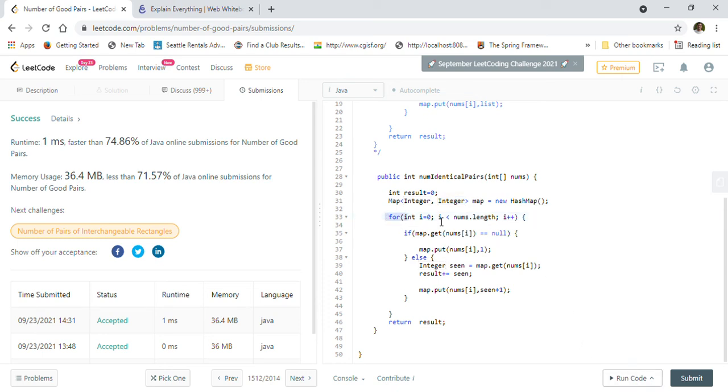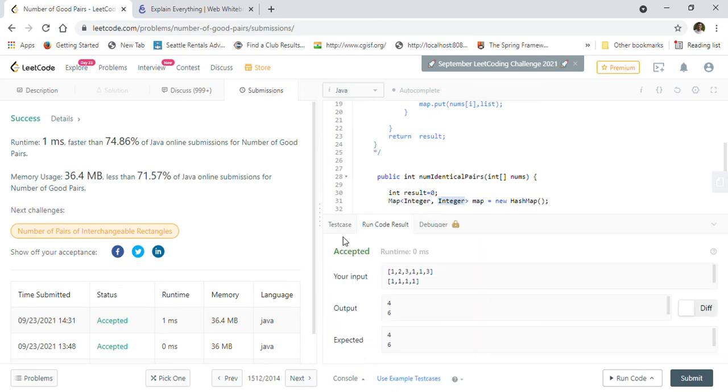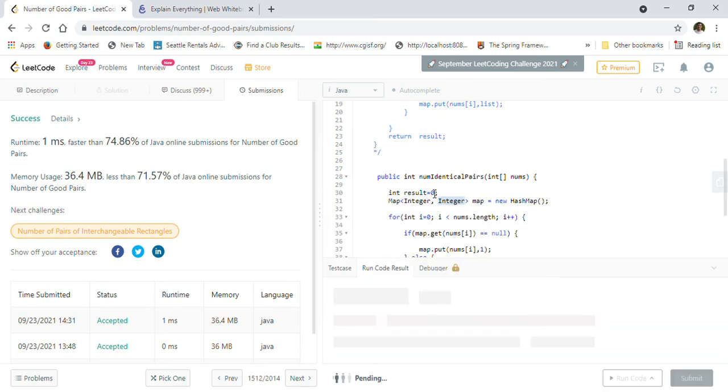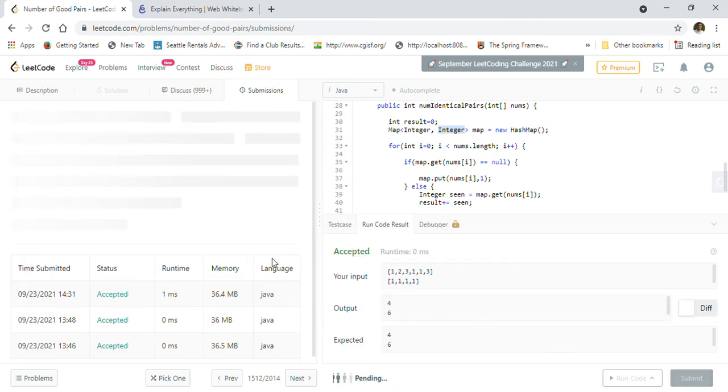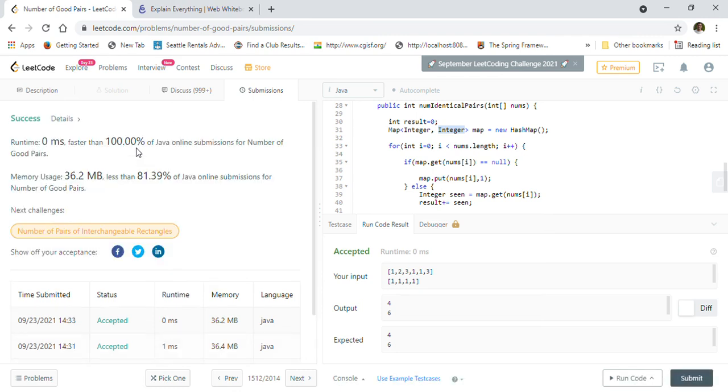Again, we are traversing the array only once, so order of n on the time complexity. Space complexity will be better, but it is still order of n, but it is better than the list, right? Because a list occupies more space. So let's take the whole example set again and rerun this with the new code. Again it is getting accepted, so we will submit. Now we should see better improvement. It is now almost 100% faster on the runtime, and 82% on the space. So this is pretty good actually. It is an order of n solution.